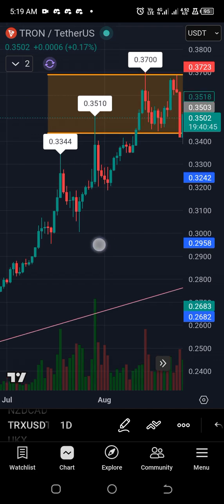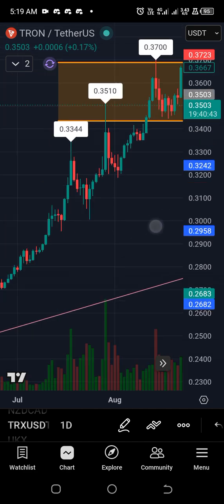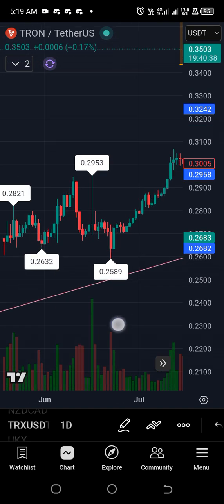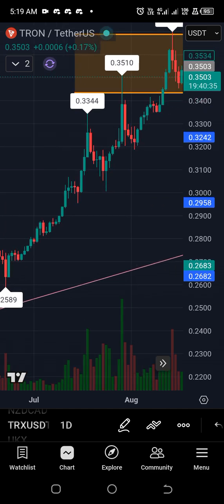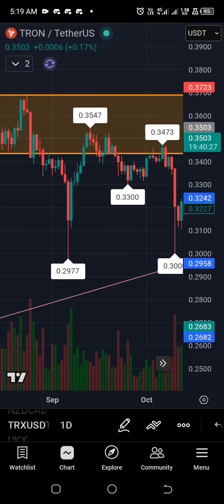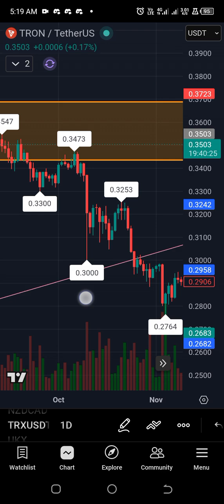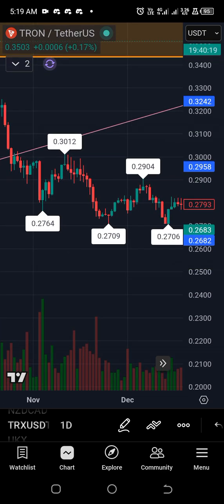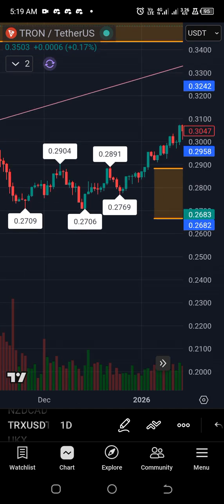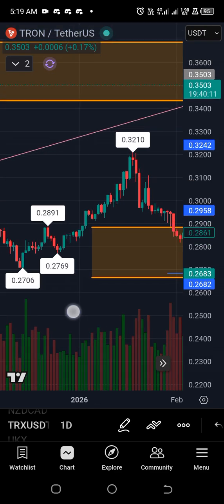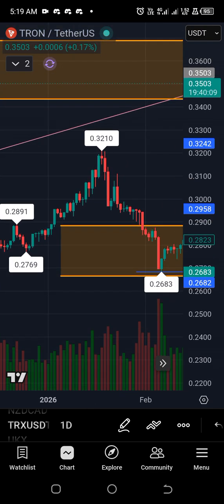So if you see the way price has moved, I have a trend line here. I'm not following that trend line for now anyway. Price has moved along that trend line, or above that trend line rather, to test this bearish order block. Somewhere along the line, price broke that trend line to the downside, as you can see. That was before the beginning of this year. So shortly after this year began, sometime in February,